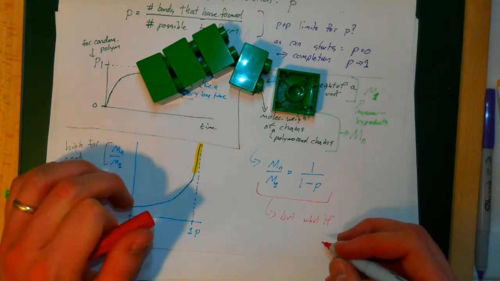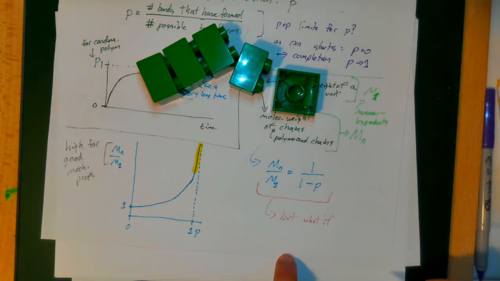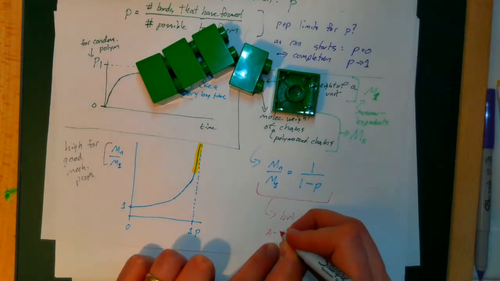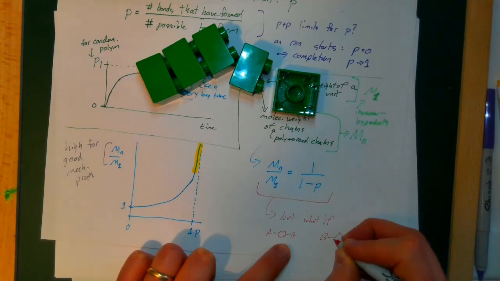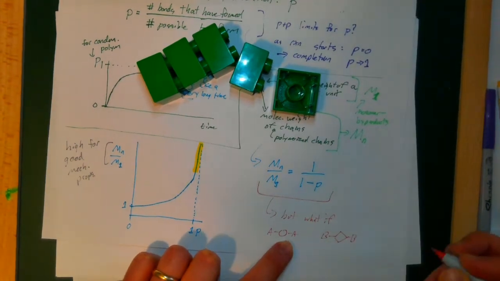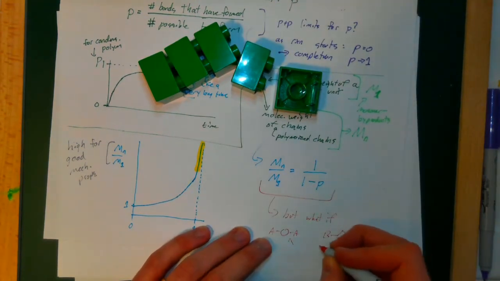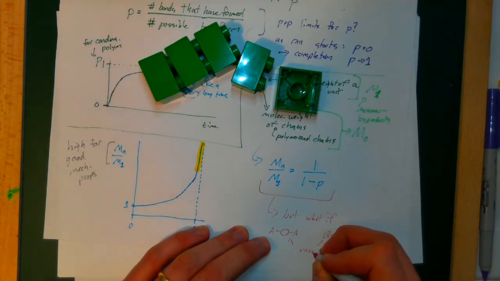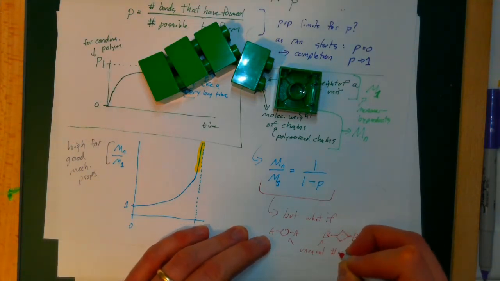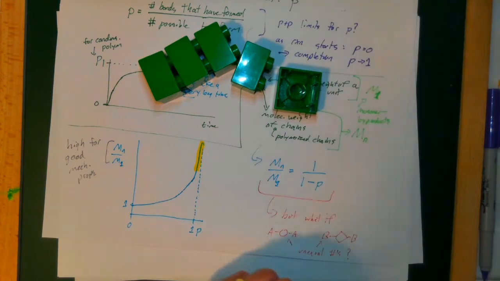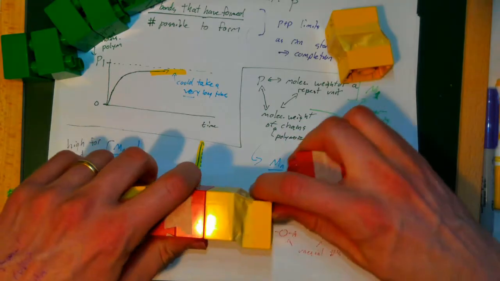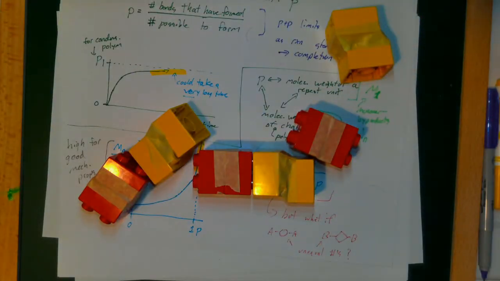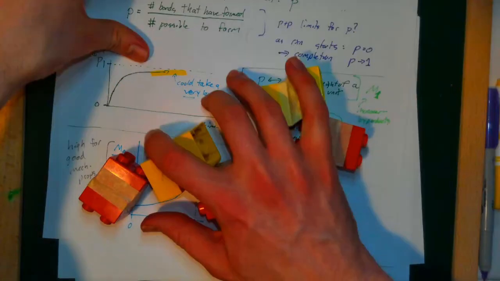But what if we have the type of polymerization where we have an A and an A and a B and a B, and we have unequal numbers? So what does that mean? Well, basically, what if we have this type of polymer right here,